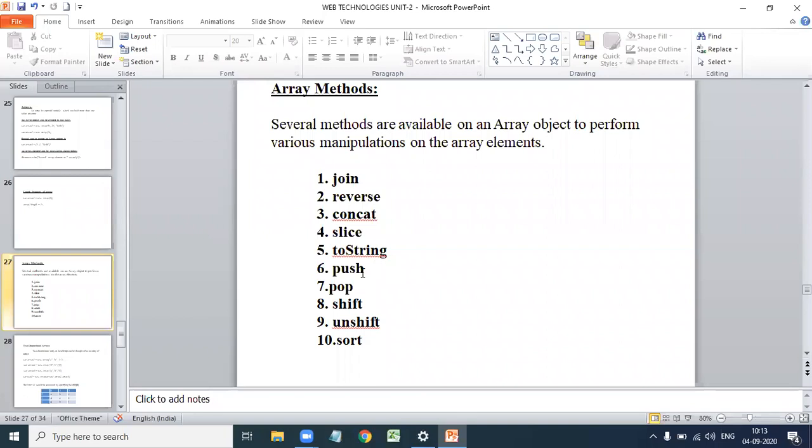Next, push and pop behave as stack operations.